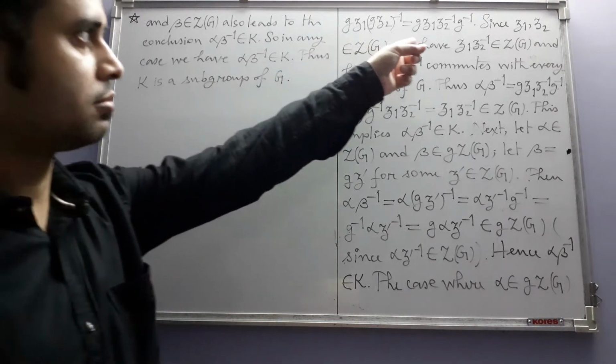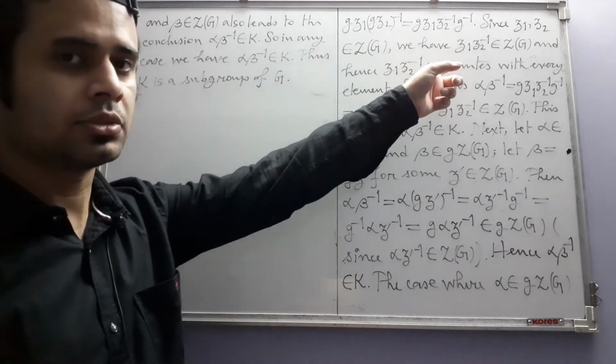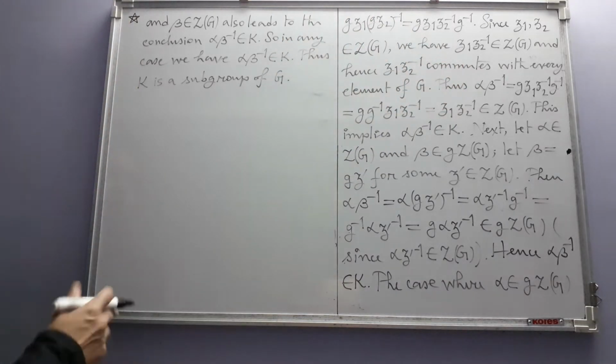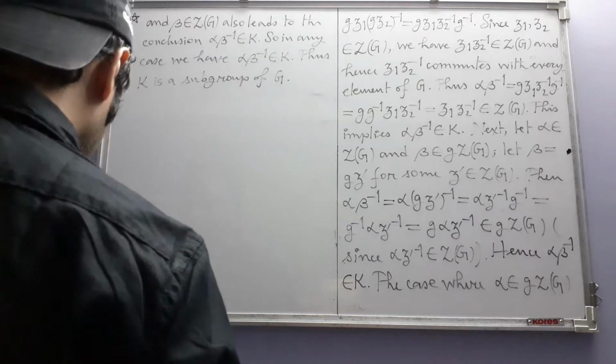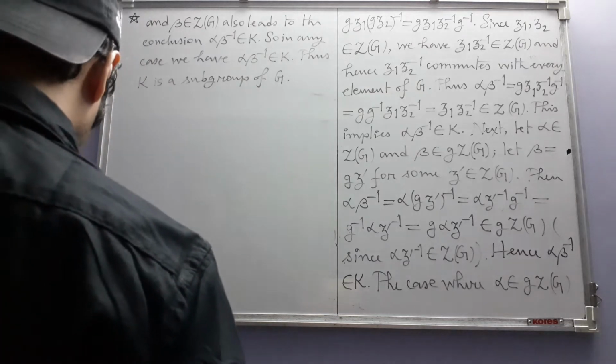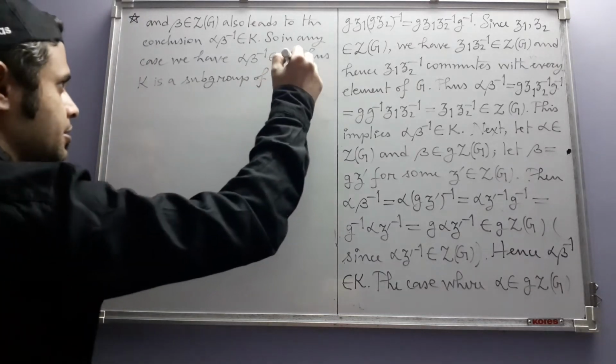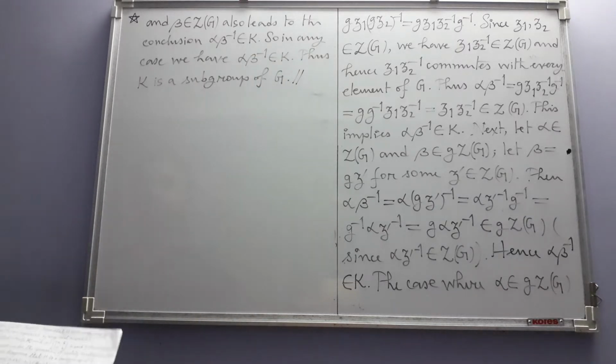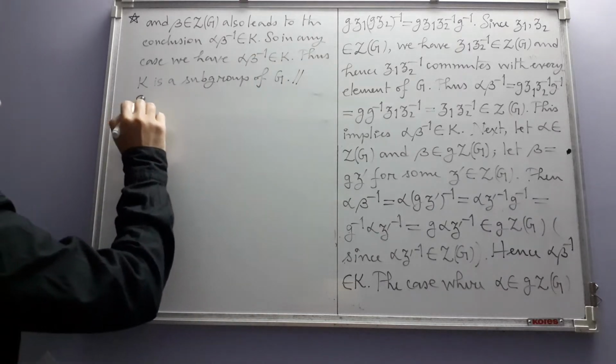However, some reasons or some justifications are different because K is different and G is also not necessarily abelian. Anyway, so this is the solution. Here it ends. Then next,